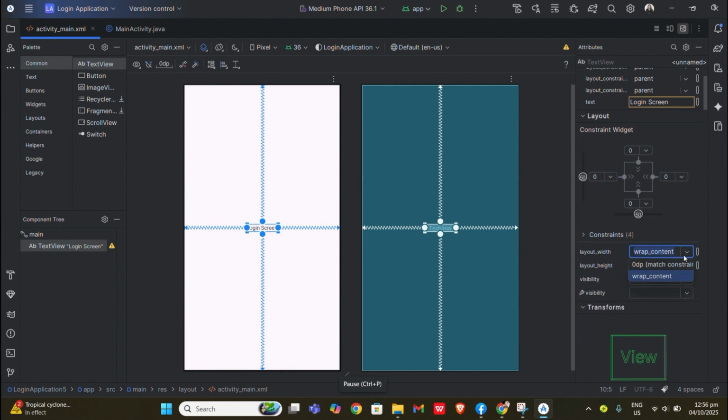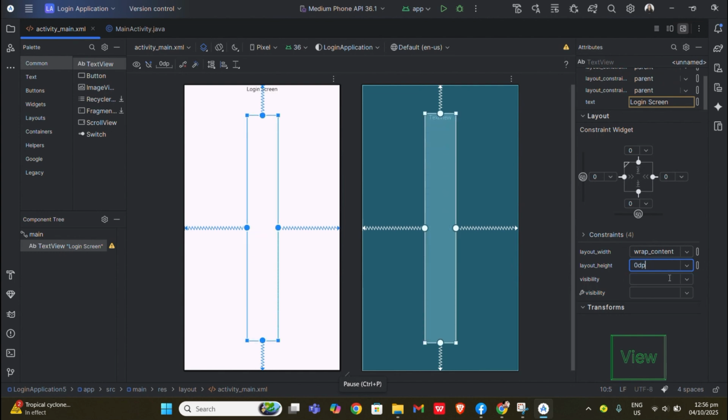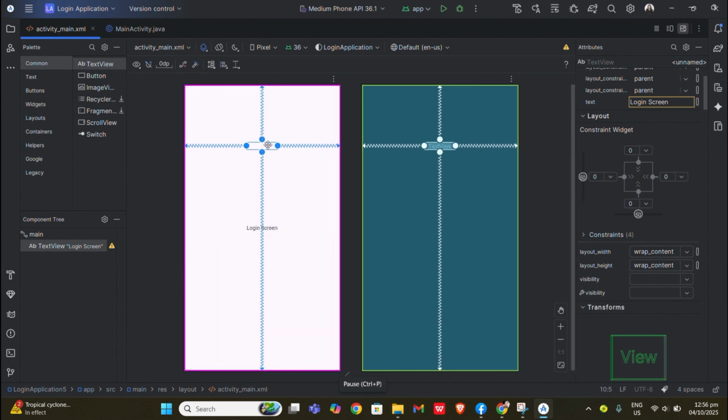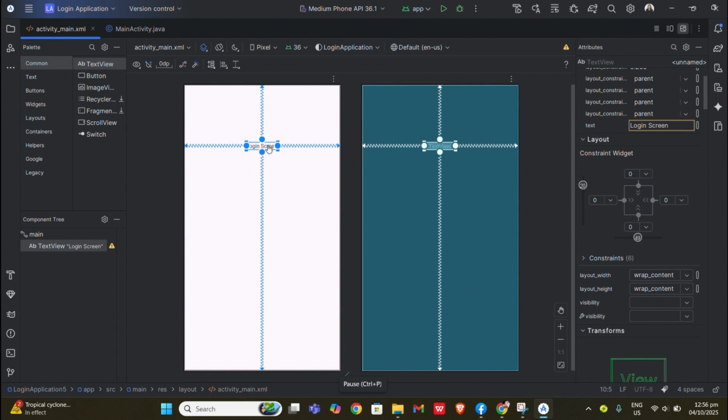We can change the layout width or the layout height. I prefer the wrap content. So drag the text to the place where you want to place it.